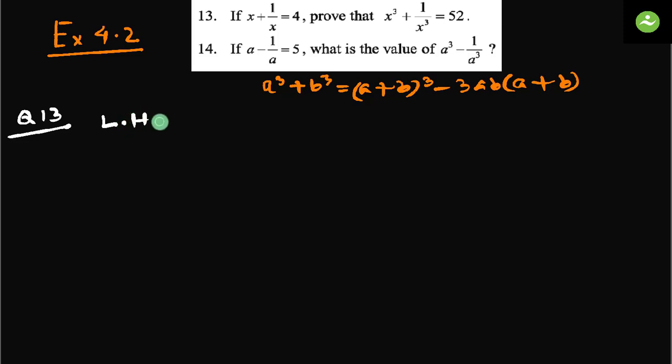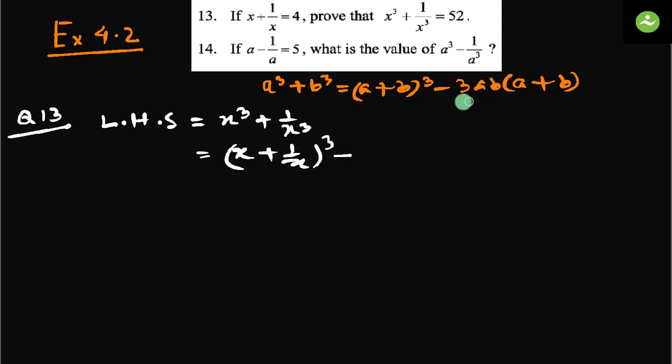Left hand side equals x cube plus 1 by x cube equals, if we think this is in the form of a cube plus b cube, what can we write? x plus 1 by x whole cube minus 3ab into a plus b. A means x, b means 1 by x. So 3ab means 3x into 1 by x, into a plus b means x plus 1 by x equals